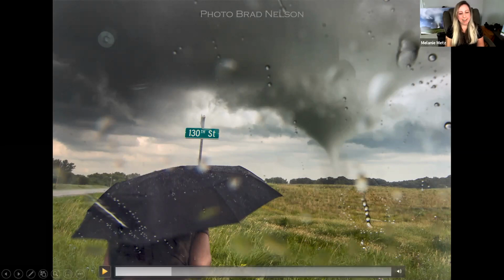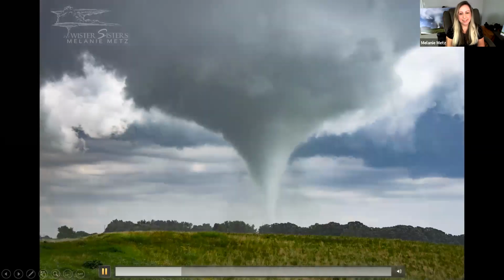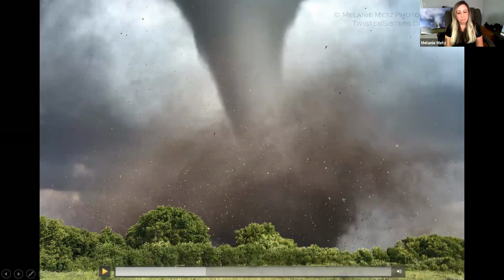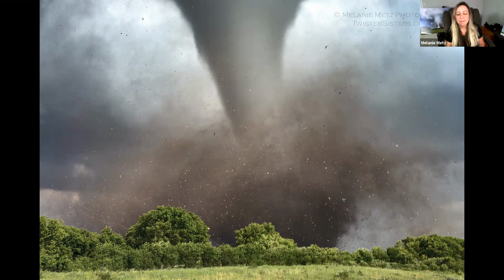Finally, when the rain got so heavy, we're like, okay, we gotta reposition. It's just a little too intense now. Again, just the view from, you can see the rain in there. So we got a little closer. My throat's getting dry. And this is like just an amazing view of the tornado, I have to say. Incredible debris. Right, that debris cloud, oh my gosh.